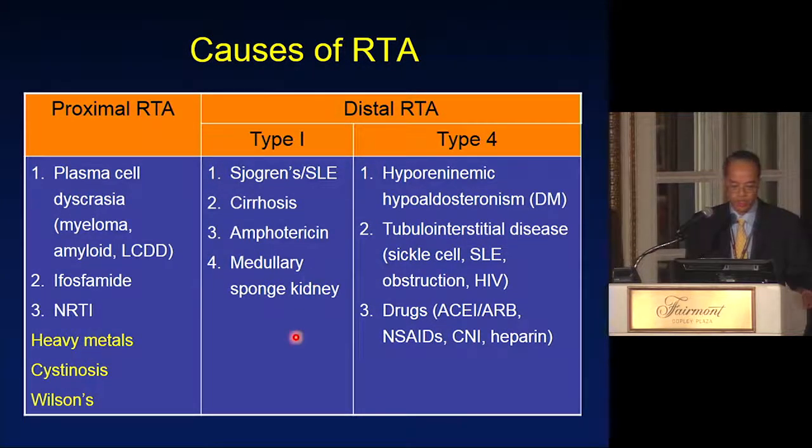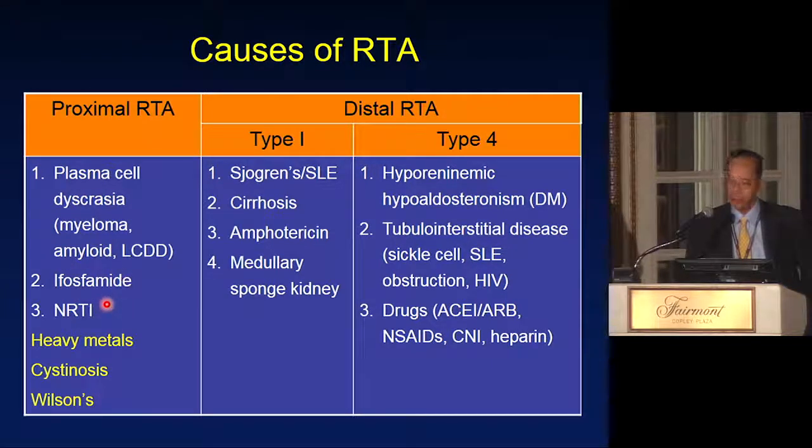So some of the causes of renal tubular acidosis are shown here. In the textbooks, you see a lot of the inherited causes that are in children. In adult nephrology, we don't tend to see those. Proximal RTAs in our hands are usually either caused by plasma cell dyscrasia or a drug like ifosfamide or some